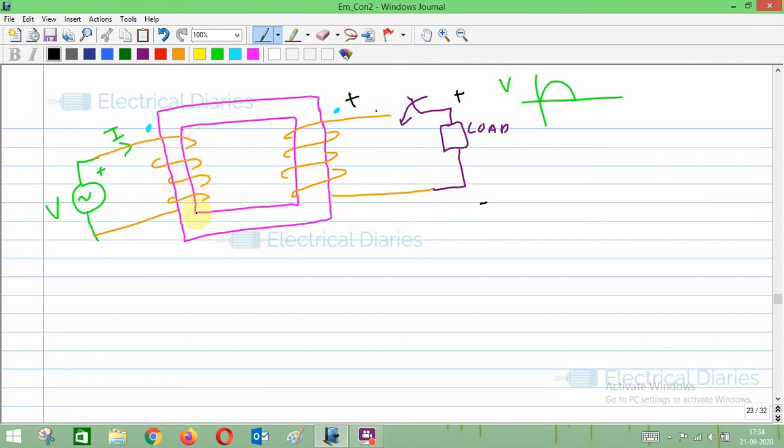Okay, so let us say the flux line direction is in this fashion. I am not using the right hand thumb rule to find the direction of the flux lines, but you can if you want to. If you apply the right hand thumb rule, your fingers will curl in the direction of the current and your thumb will be pointing upwards. So your flux lines will be this one.